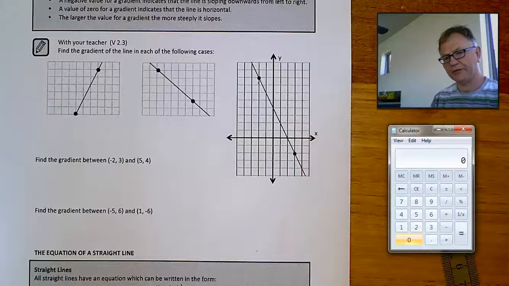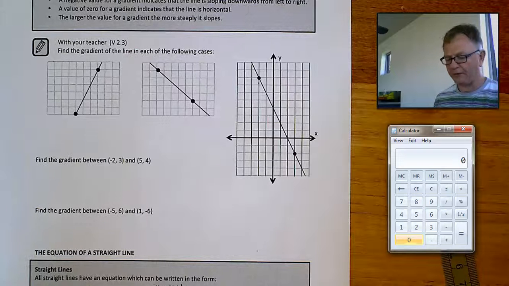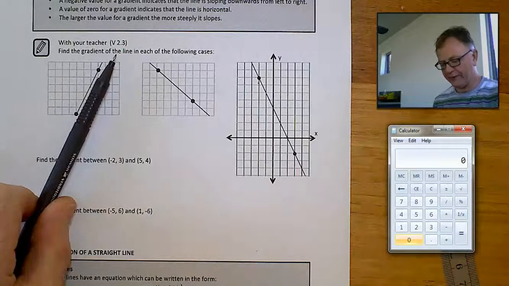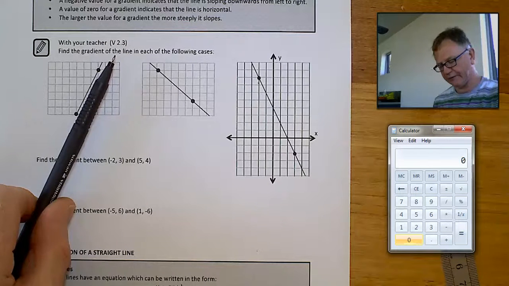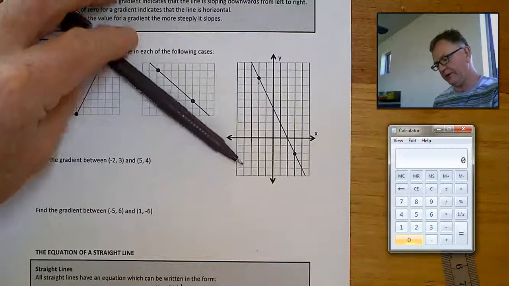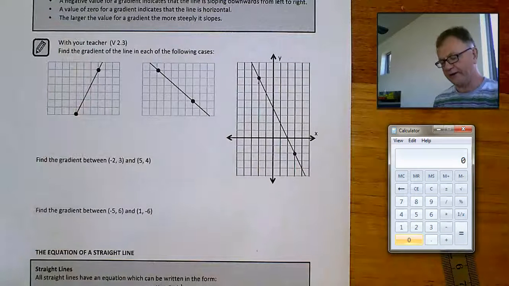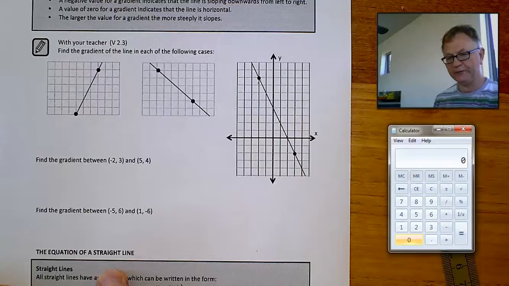The gradient of a straight line is a measure of how steep it is. There's some notes above there that tell you that if a line is sloping upwards from left to right, it's got a positive gradient. One like this is sloping downwards from left to right, it's got a negative gradient. You can work out the gradient by selecting any 2 points on a line and working out the rise divided